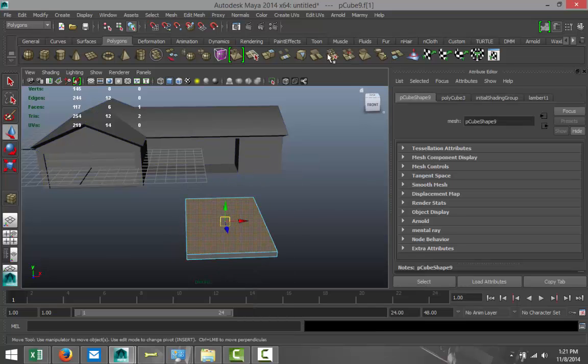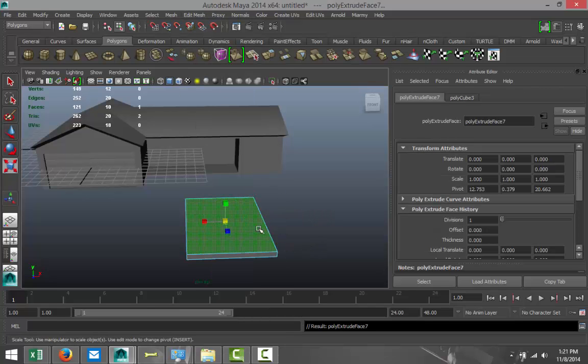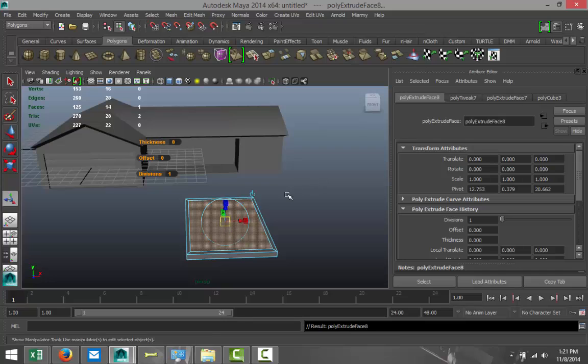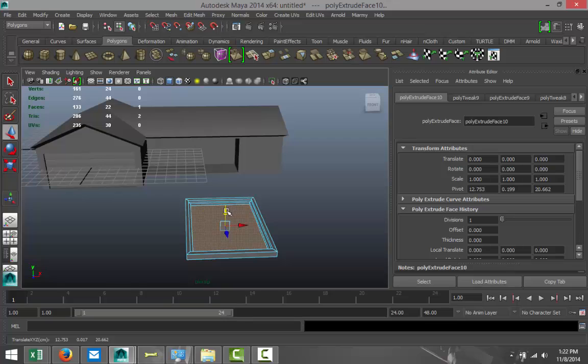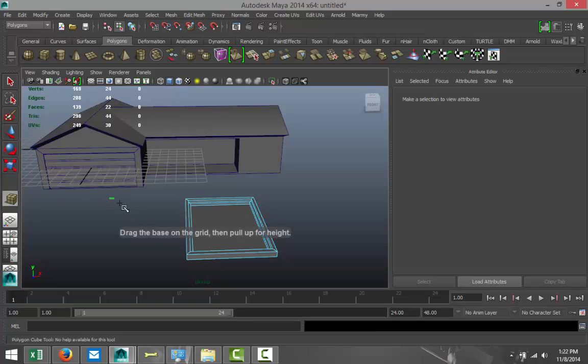Right-click face, select the face, edit mesh, extrude, hit R, scale it in a bit, hit G to extrude again, W to push down, G to extrude again, R to scale in, G to extrude again, W to push down, something like that. All right. Now we're going to put in two cross sections. So create another cube,